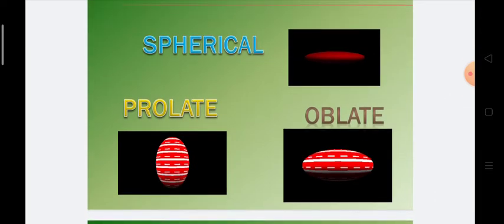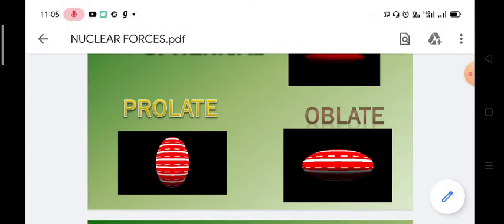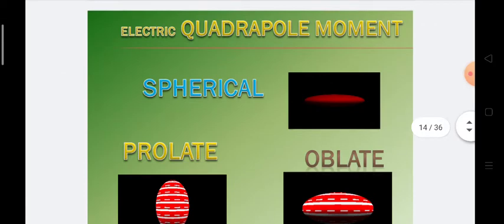It will be slightly deviated from sphere, and this deviation will result in Q being positive or Q being negative. So suppose Q is 0, that means there is no deviation. If there is no deviation, the shape is a sphere. Suppose Q, the electric quadrupole moment, is positive, the shape is prolate. If this electric quadrupole moment is negative, the shape is oblate. And we have a formula also for calculating this electric quadrupole moment, which is given by Q is equal